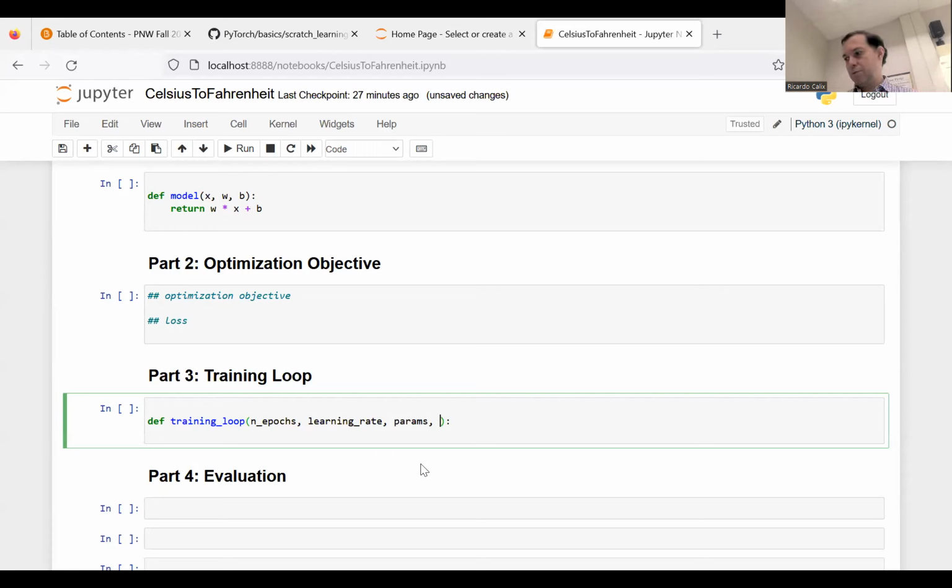So just be aware of that. And then we want to give it the data. In this case, it's going to be Celsius T and Fahrenheit T. Obviously we need to give it the data that we are training